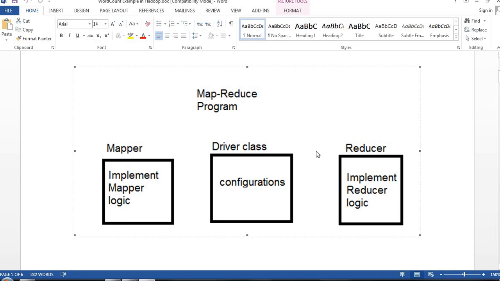One would be the mapper class, another would be the reducer class, and the third would be the driver class. In the mapper class you will implement all your mapper logic, and in the reducer class you will implement the reducer logic. The driver class will contain all sorts of configuration, like which mapper class you are using, which reducer class you are using, and what input and output file format you have.